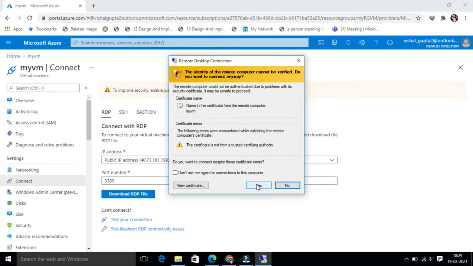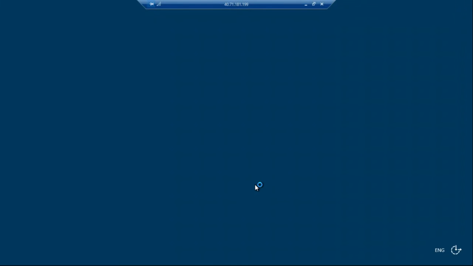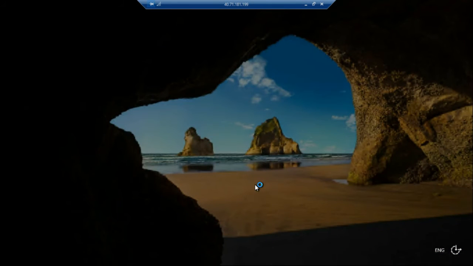You may receive a certificate warning during the sign-in process. Click Yes to create the connection and connect to your deployed machine. You should connect successfully. Now see, we have connected to the virtual machine successfully. So congratulations! You have deployed and connected to a Windows Server virtual machine in Azure.